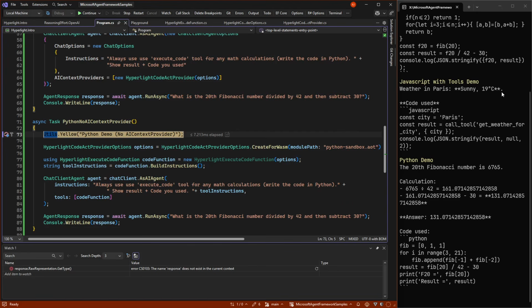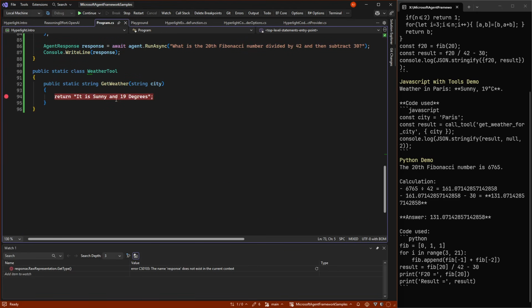So what it did was it came back, of course, with the value, but as you can see, it was a JavaScript call that made a constant city, and then it made a call tool, which is part of the code act specification, where it called the get weather for city, which was the one that we hit down here.